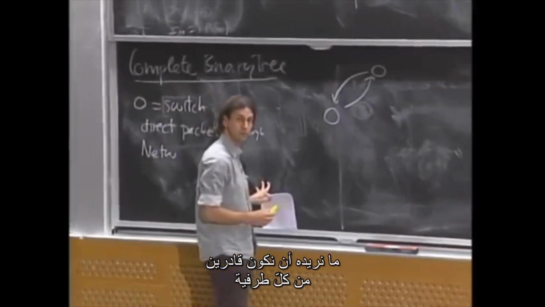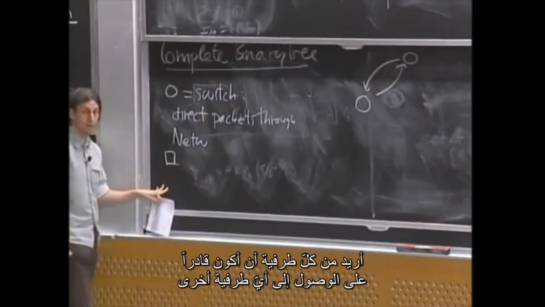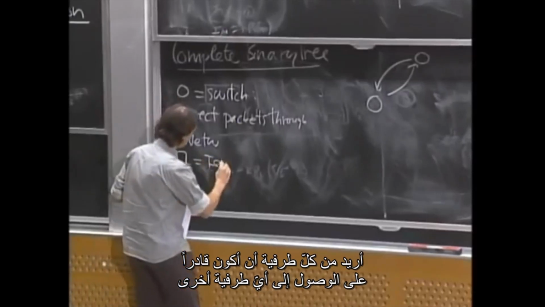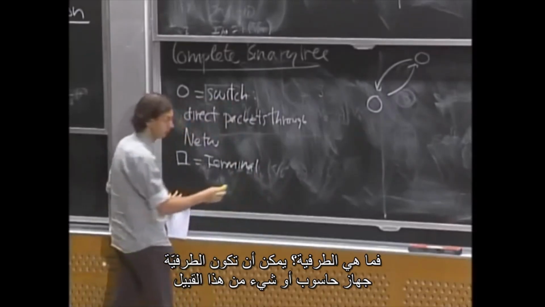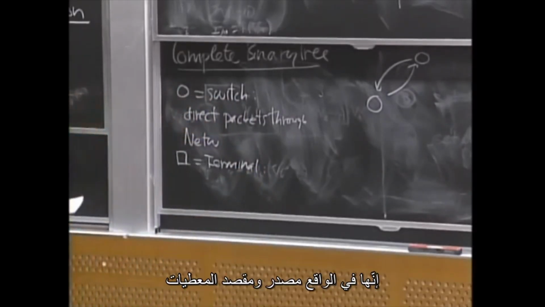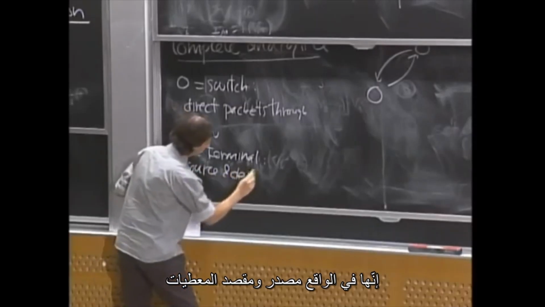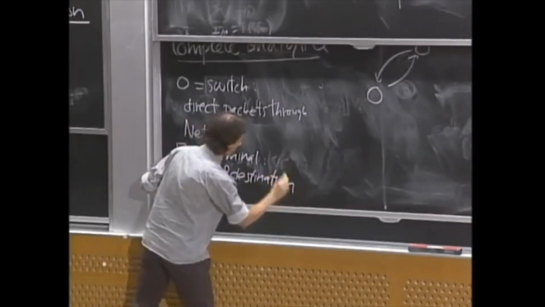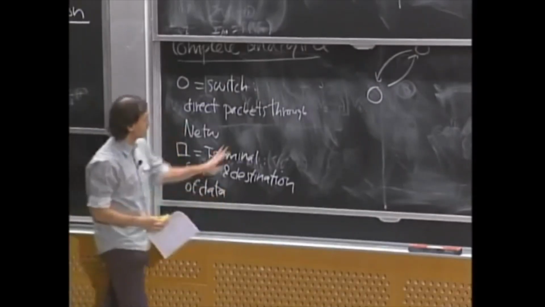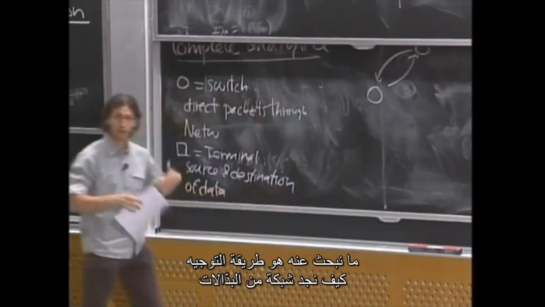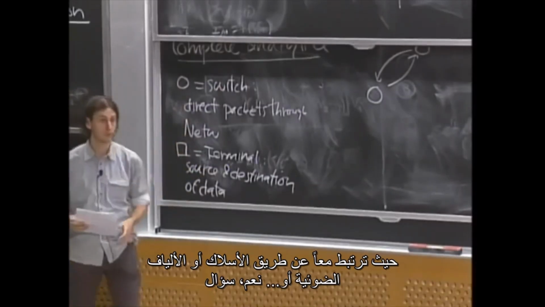So what we want is to be able, from every terminal, and the terminal I will denote by a square, from every terminal I want to be able to reach any other terminal. So what is a terminal? A terminal is like a computer or something like that. It's actually the source and the destination of data. So what we're looking for is how we can find a network of switches that are connected through wires, fibers, or, yeah,